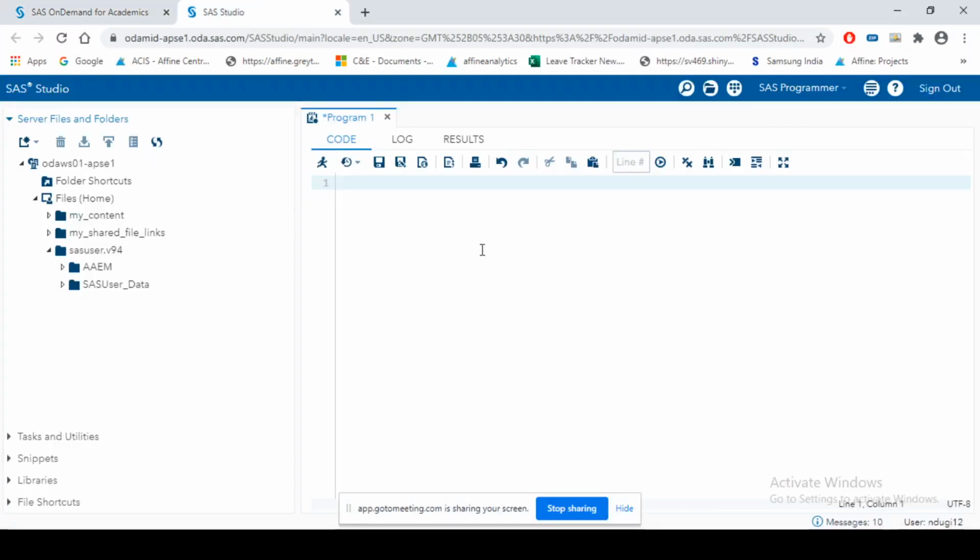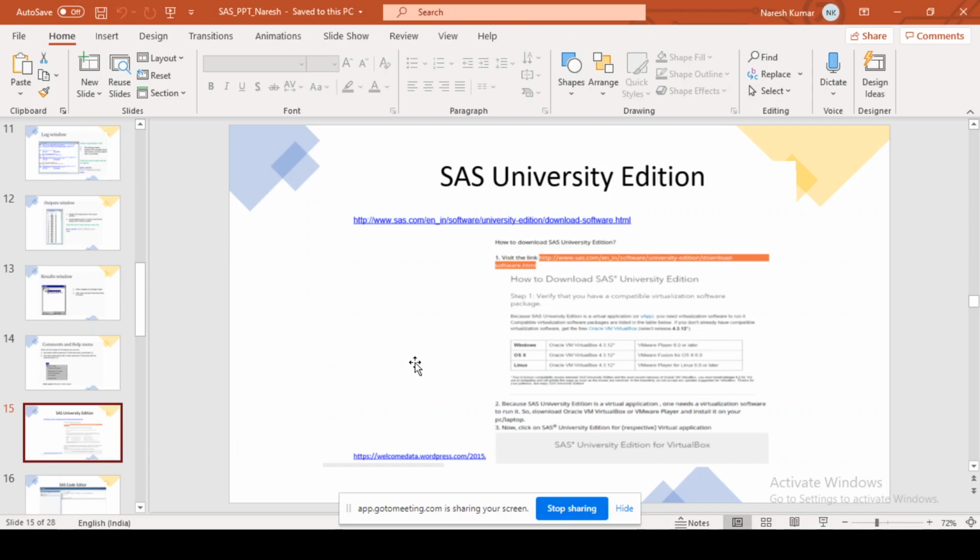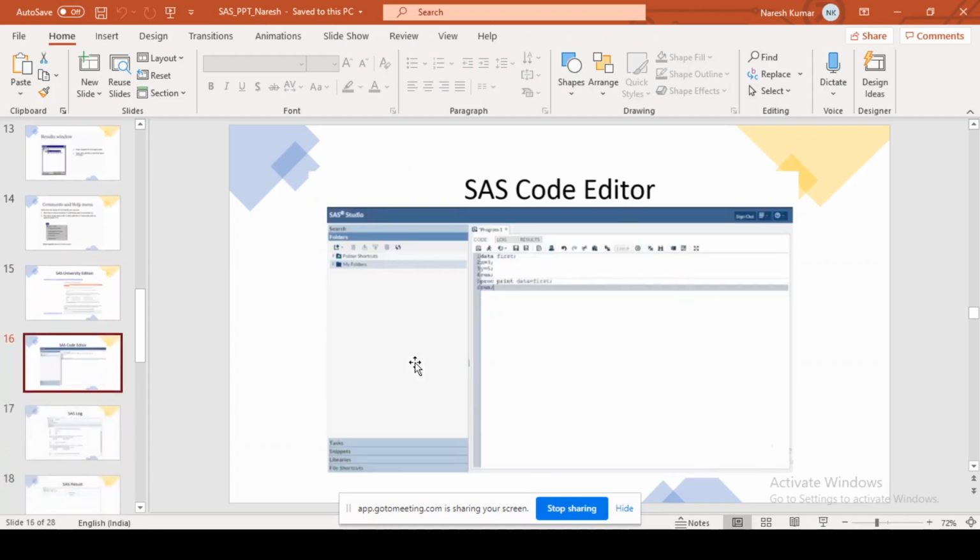So the new screen, or the new UI, would look something like this, where you can write the code and run your code. Coming to the new UI, this is the UI of the current SaaS, or SaaS Studio, as we call it.